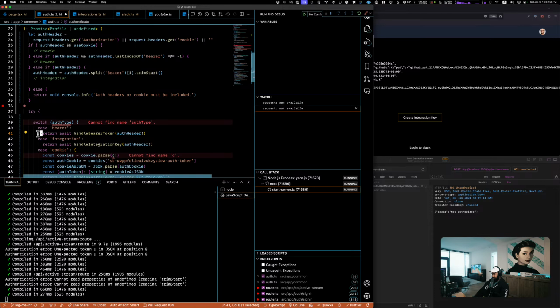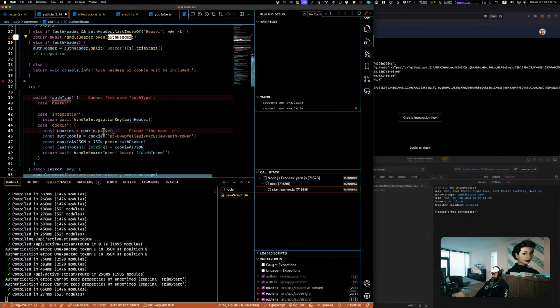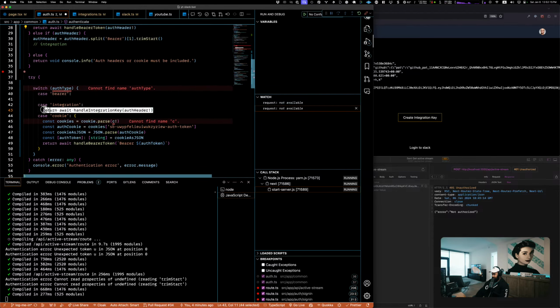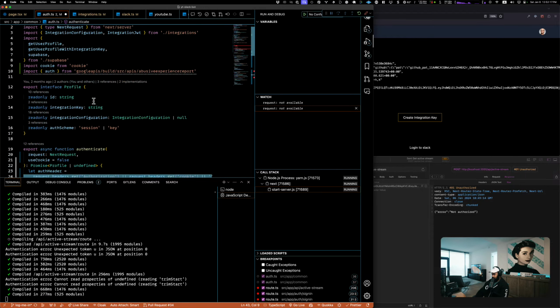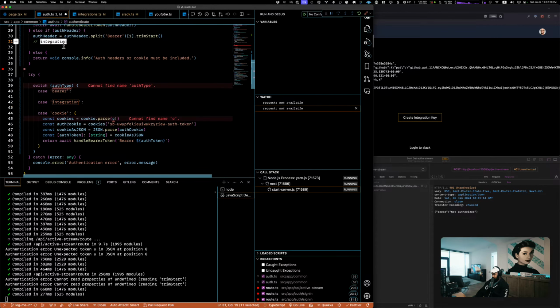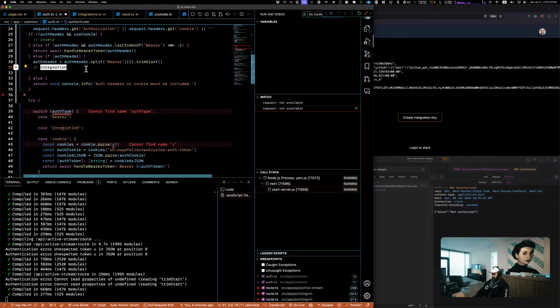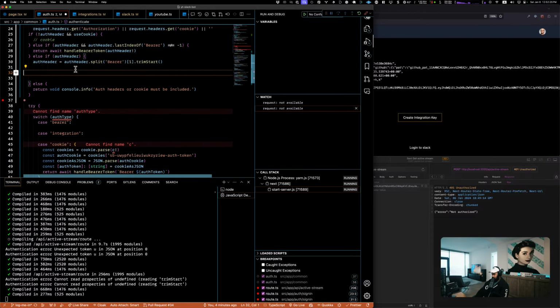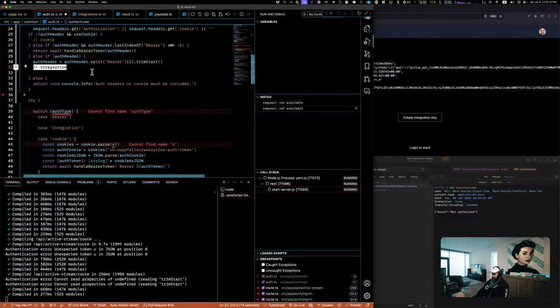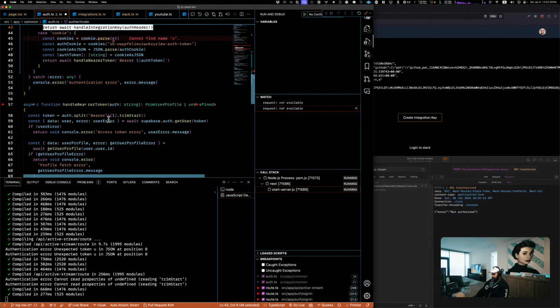And then we're going to say handle bear auth, like that, and just pass in the header. And then for here, we're going to say handle integration. Oops. Wait, what did I just do?